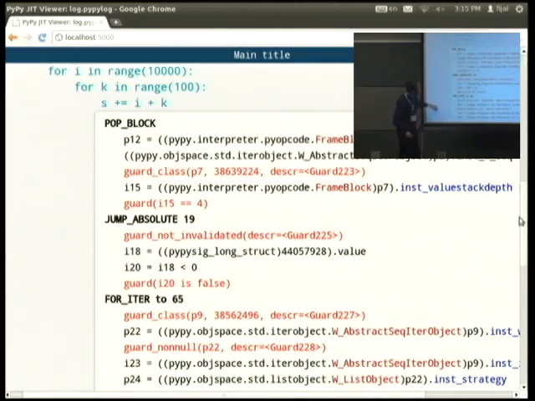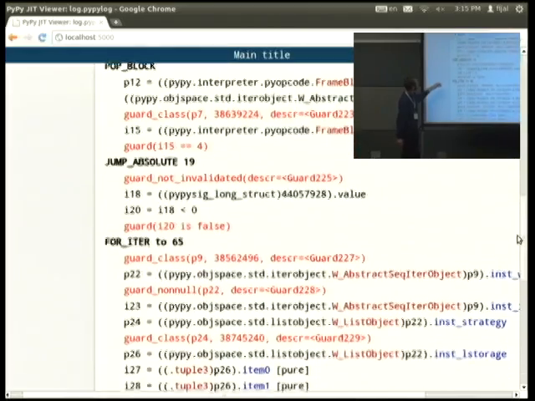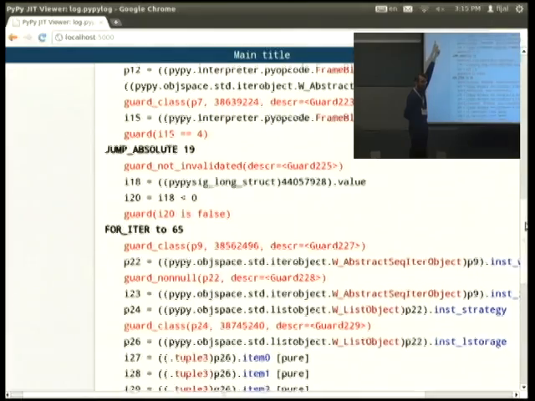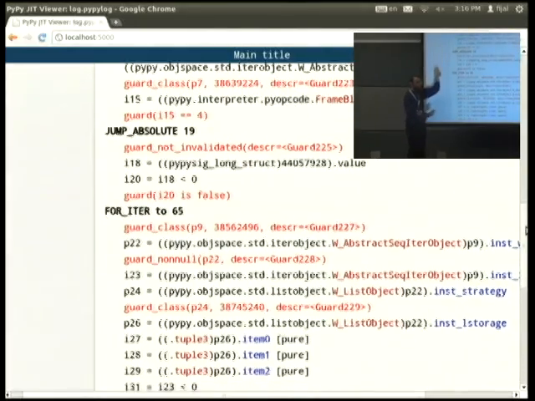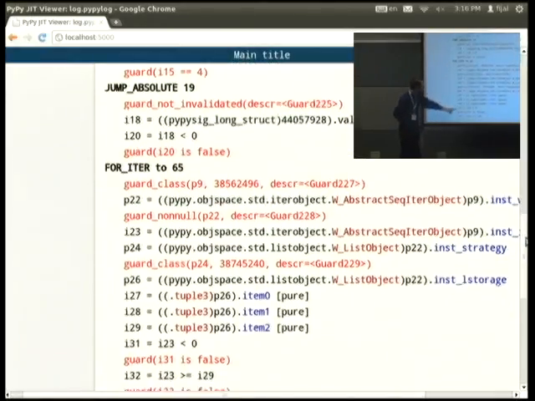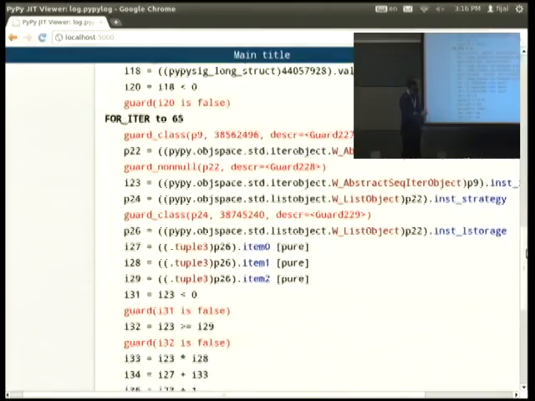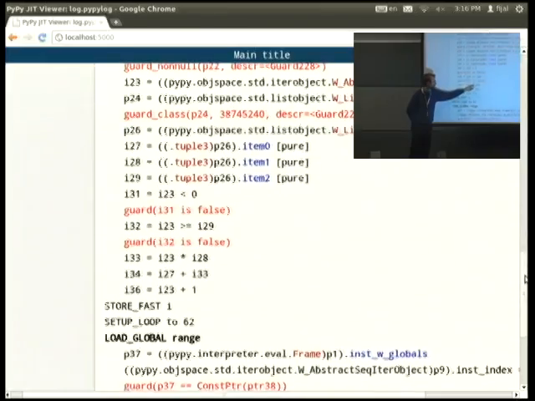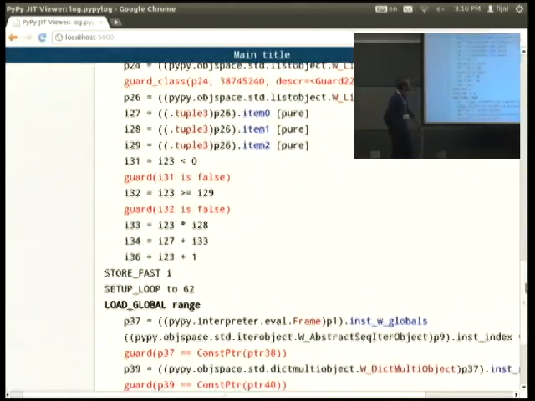Does a bit of stuff. Jump absolute, which means jump to the start. So really here it's doing the outer loop. The for iter, which will fish the next item out of the range, and we see here, as usual, our multiplication by 1.